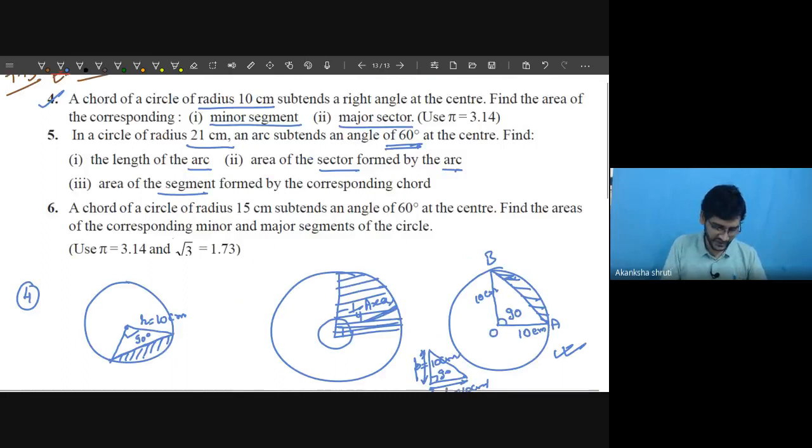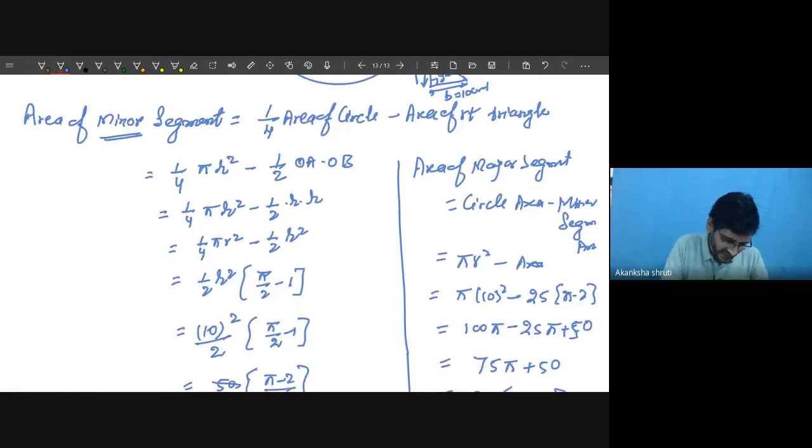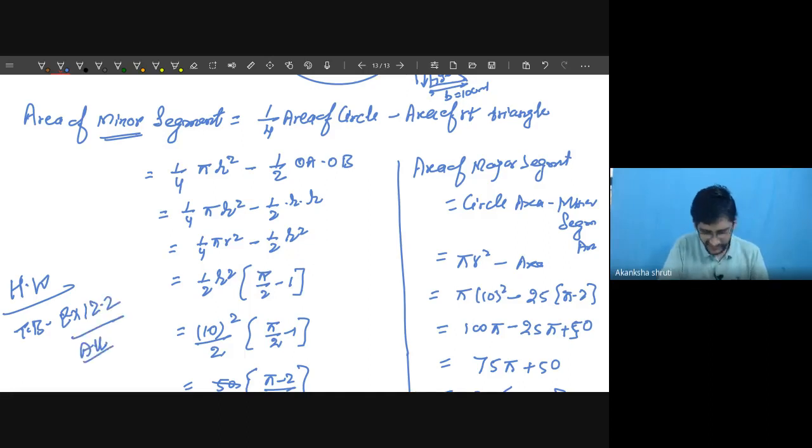I have to go for class 9th. So students, write down the homework quickly. Your homework is our textbook exercise 12.2, all questions. Okay students, please do it. So in this way we have finished this exercise and the concept.